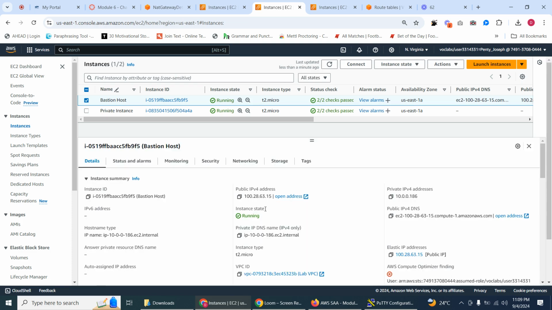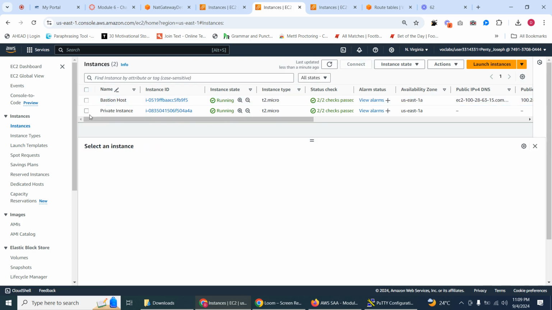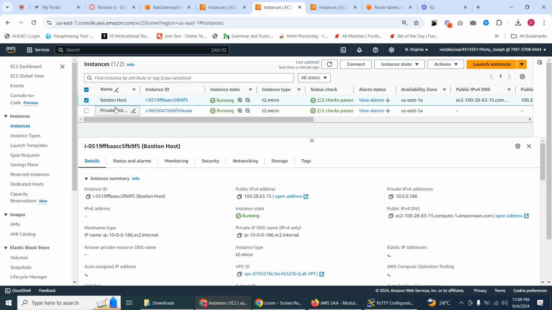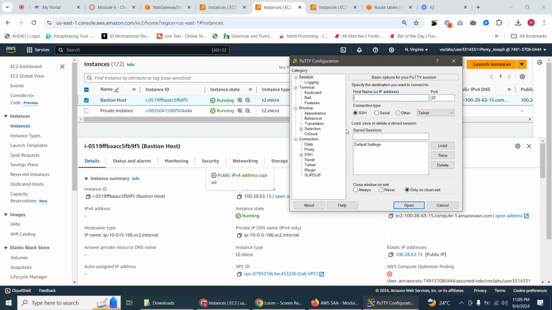Yes, it has it, but the private instance does not have. So let's see. You can see it has no IPv4. So therefore, I'm going to connect using the bastion host. So let's copy this IP, come back to PuTTY, and then at the session, paste this for me, and then